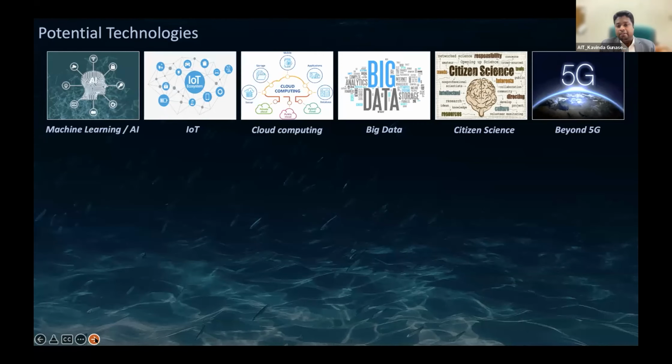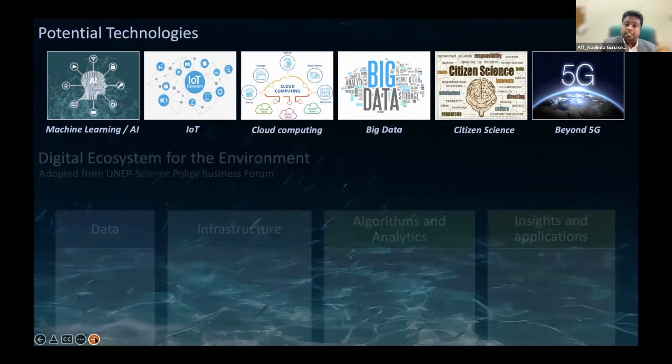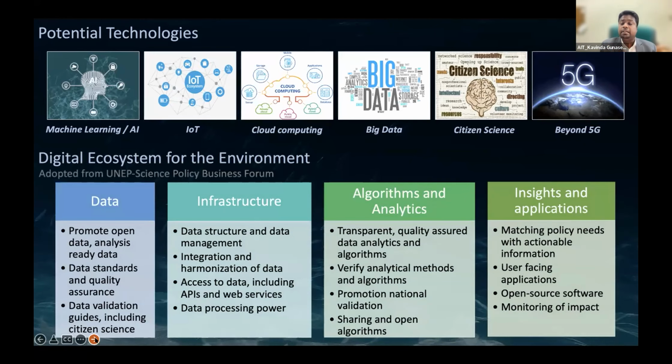Maybe you may not agree with citizen science, and why we are putting it as a technology. Our team considers citizen science a technology, because definitely if you want to scale up this kind of solution around the globe, we need the help of citizens. I will talk about this in the coming slides. Obviously, you may have heard that mobile network technology is improving, 5G, 6G. With these new technologies, data transmission is becoming very easy, which helps to scale up this kind of solution.